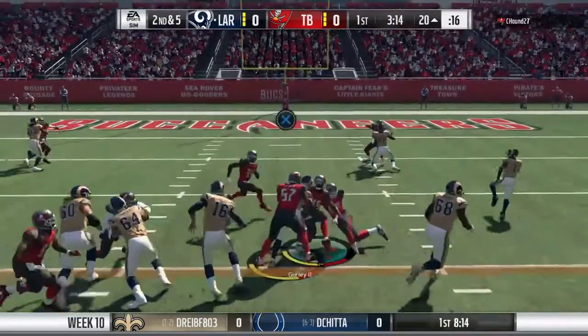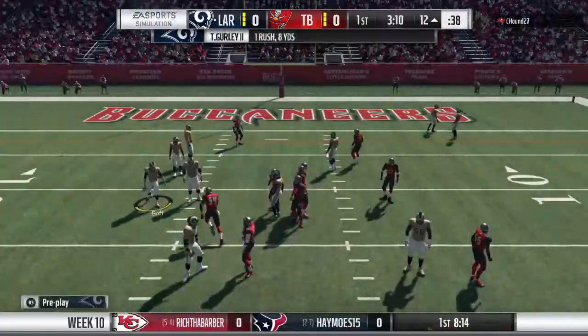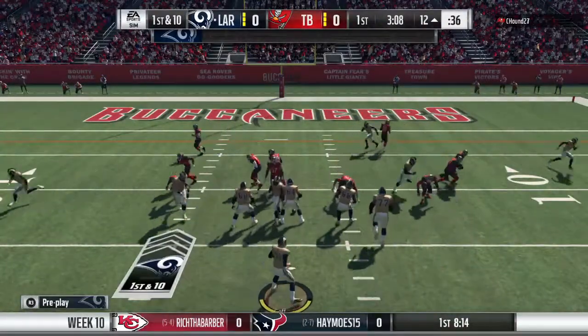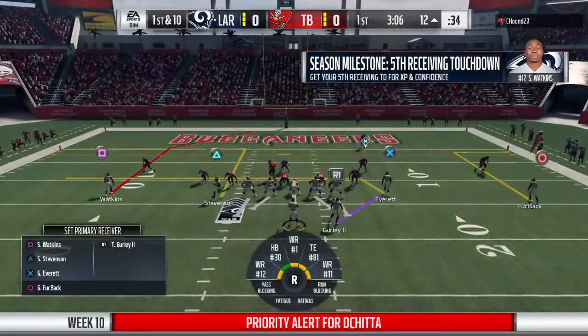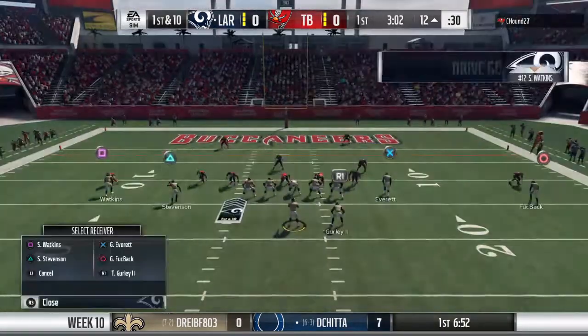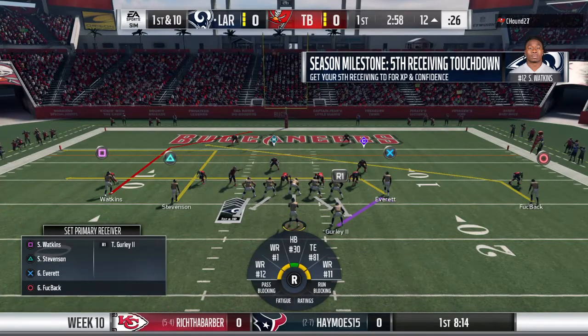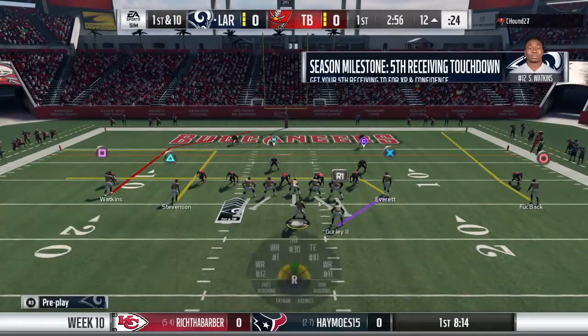Here's the first carry now for Todd Gurley. And he'll go down here at the 12-yard line. 8 yards on the pickup there, and it moves the sticks. That O-line, they cleared a big hole there on that run. The athleticism of offensive lines continues to evolve, and we're seeing it here. Not only they're controlling things right at the line of scrimmage, but they're able to get upfield to get to